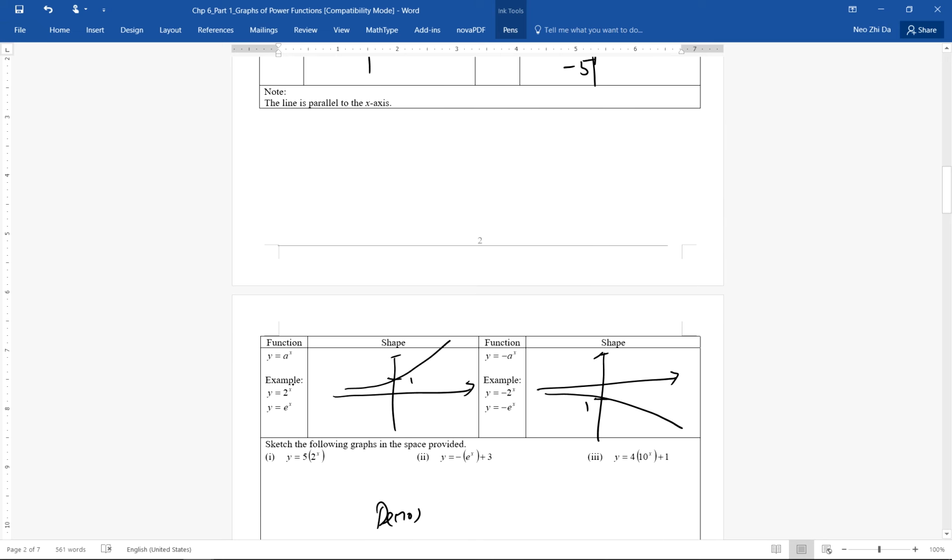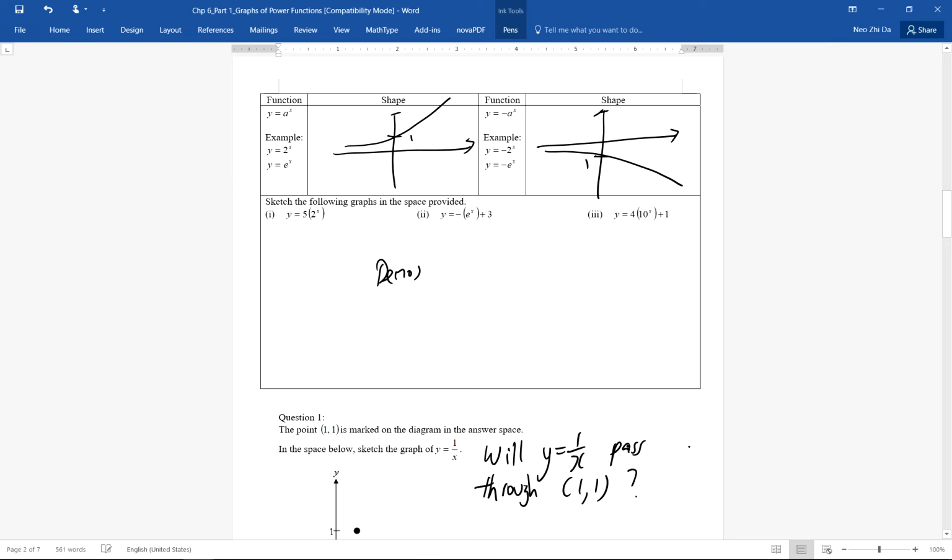Exponential today. a power x. So examples will be 2 power x, e power x. You just look like that, okay? All the way up, exponential. Remember we talked about it, the COVID-19 exponential, okay? Y-intercept 1. Now if it's a negative, basically this whole thing flips from positive to negative, okay?